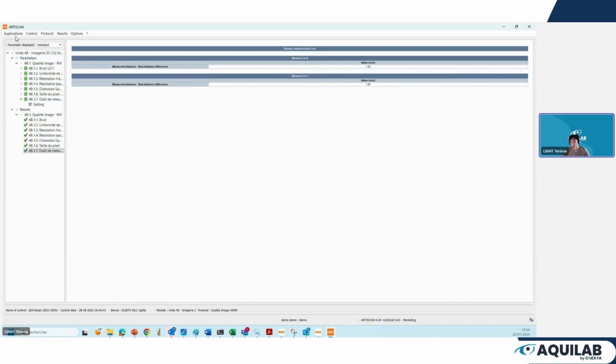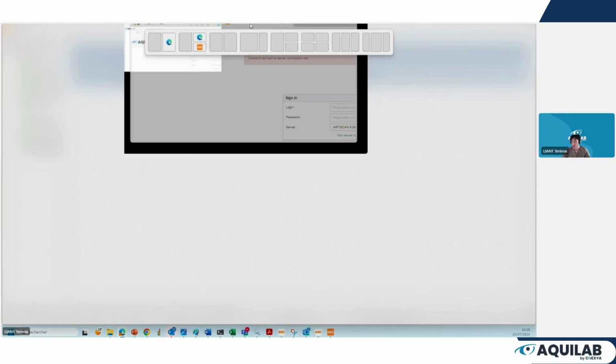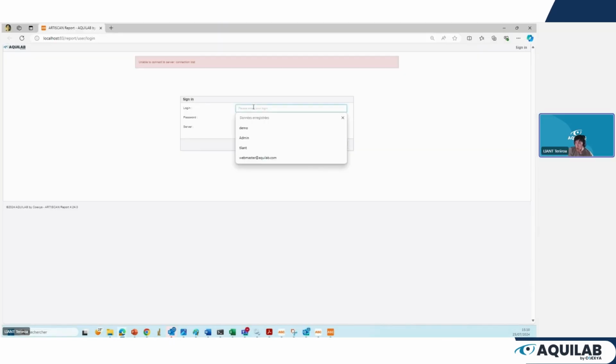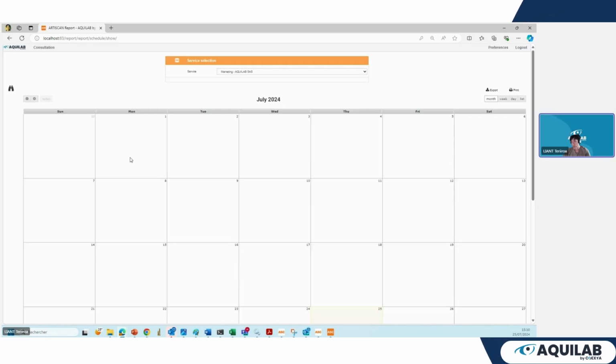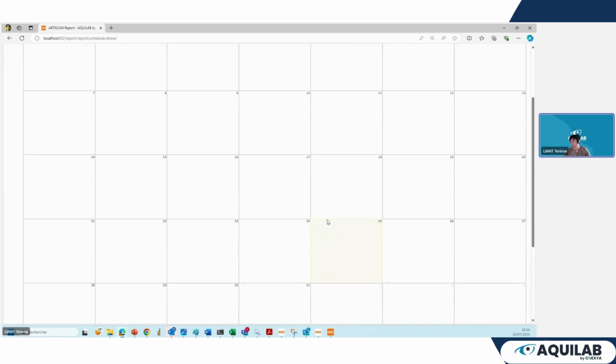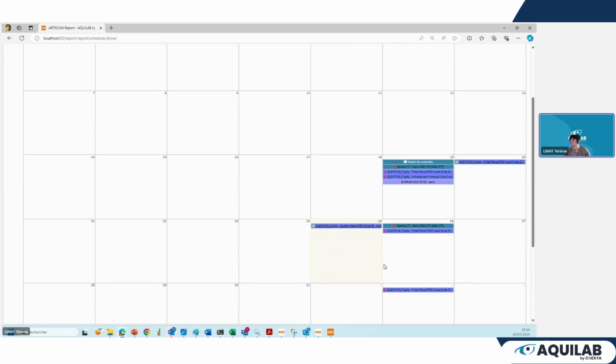After that, sometimes I need to check previous results, so I can go to the reports, which is a web app where I can see all the results I already computed. And of course, with the scheduler, I can see all the QA I have planned.